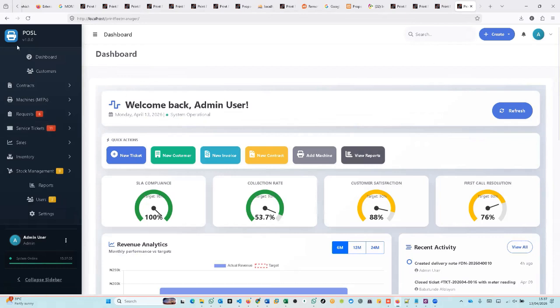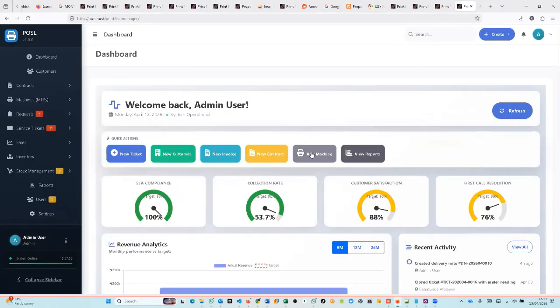Like as we can see, we have a sidebar here. It's dashboard, customers, contracts, machines, that's MFPs, requests, service tickets, sales, inventory, stock management. So basically this is the dashboard, and the dashboard has quick action buttons, which are these. You can easily from here navigate to new tickets, navigate to new customer, navigate to new invoice, and I can